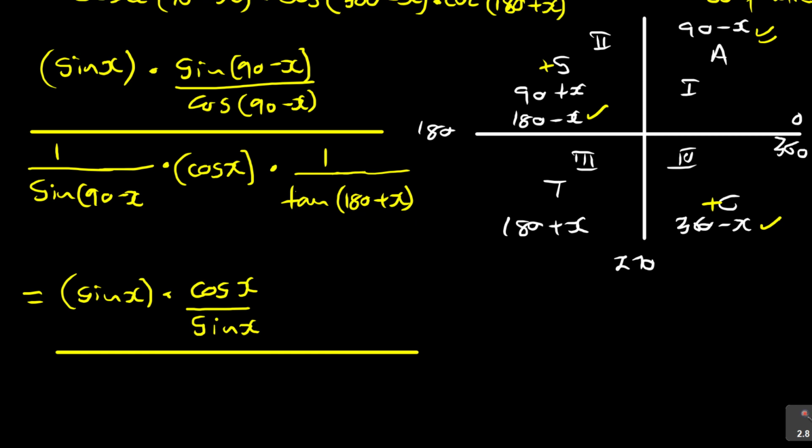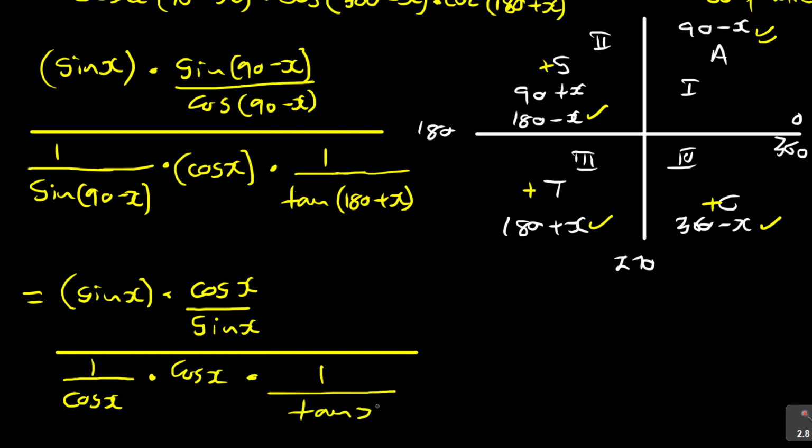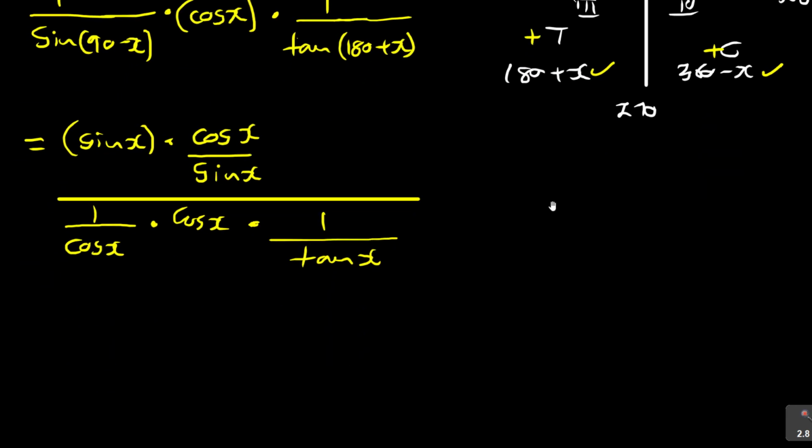Over, and then I have 1 over sine(90 minus x), remember we said this is cos x, times cos x, times 1 over tan(180 plus x). This is the third quadrant, and what is tan? Tan is positive, so this becomes tan x. So this further simplifies, it becomes easier. Now you can see that I can cancel that and cancel that, and I have at the top cos x